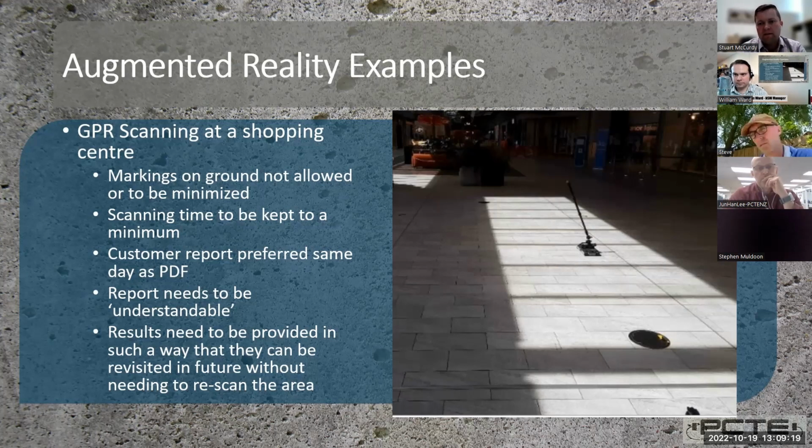I have 3 case studies. The first one's just at a busy shopping center. I had a few requirements from the customer here. They didn't want markings on the ground. They wanted things to be done quickly. They wanted a PDF the same day. They wanted a report that was understandable